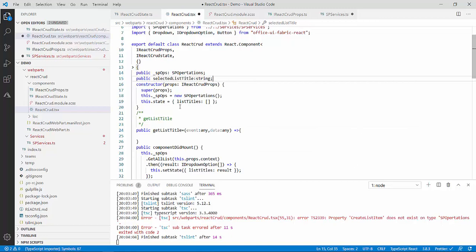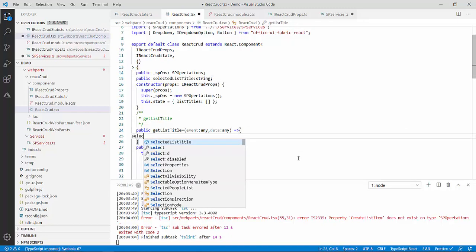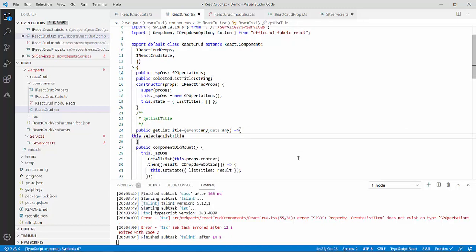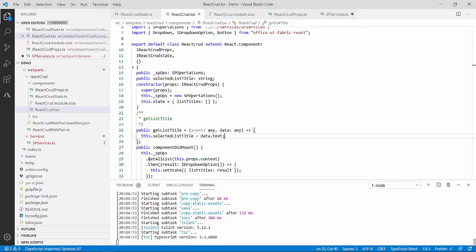That's it. Then over here I will pass the selected list title, and how will I get it out of it? data.data.text, it will be there. So guys, how did I come to know that it is inside data.text? For that, I simply consoled this data into my browser, and from there I checked how my data is appearing, the method I showed you in my first method. So you can do the same.